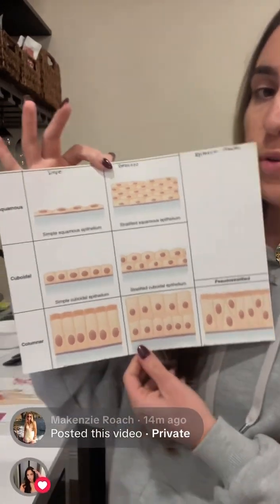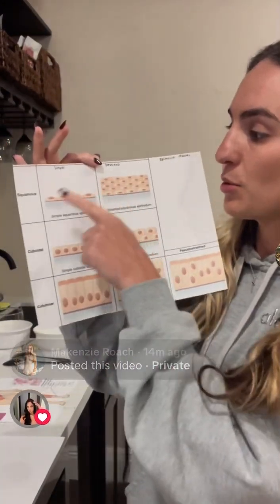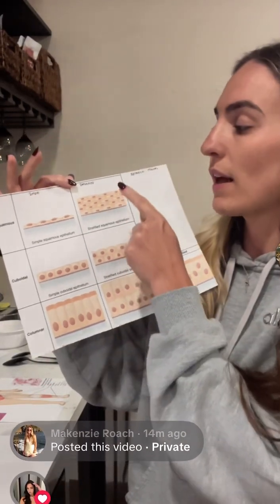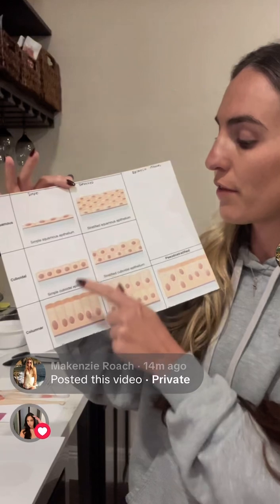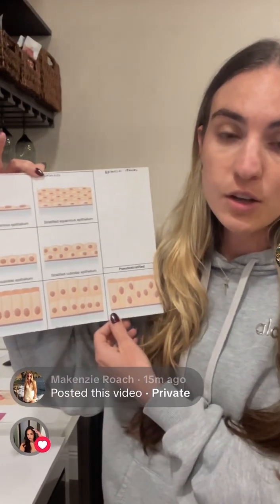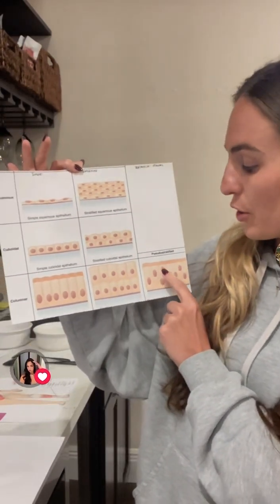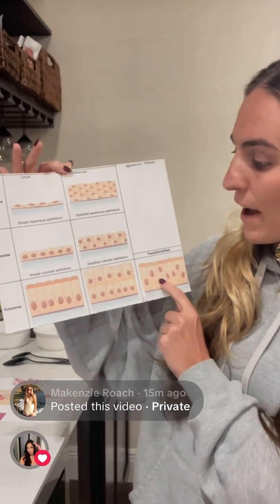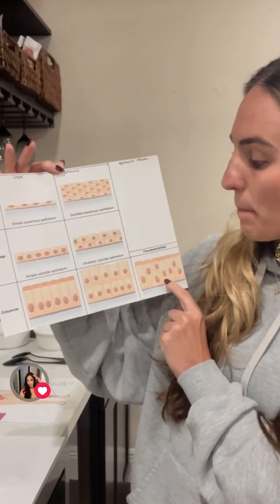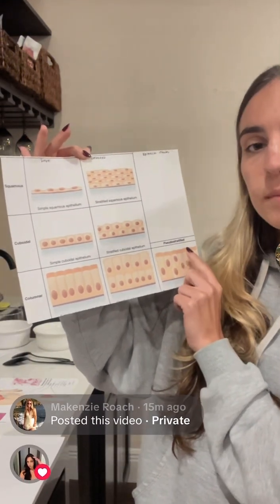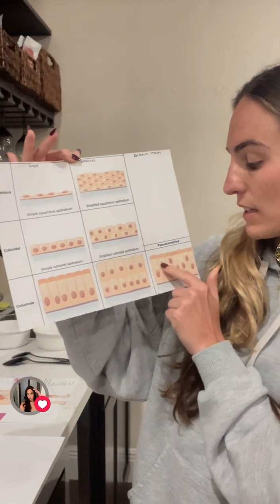So, for example, in this diagram, there are simple squamous cells, simple cuboidal, simple columnar, as well as stratified cuboidal, stratified columnar, and stratified squamous. Along with that, there are pseudostratified columnar cells, which have nucleuses that appear at different levels. So it looks like they have multiple layers, but they just are in one column that has nucleuses at different